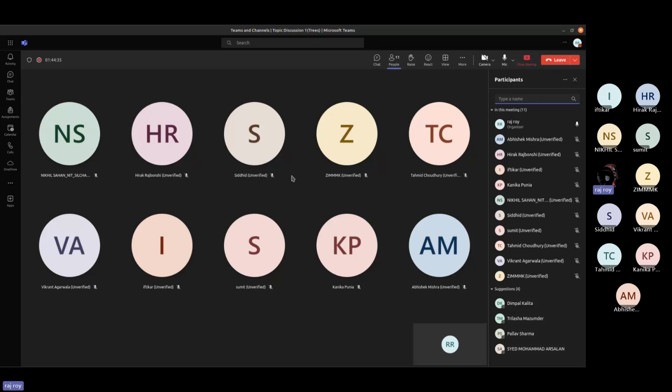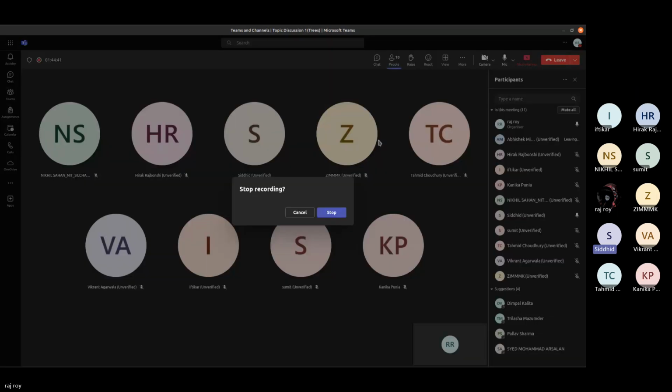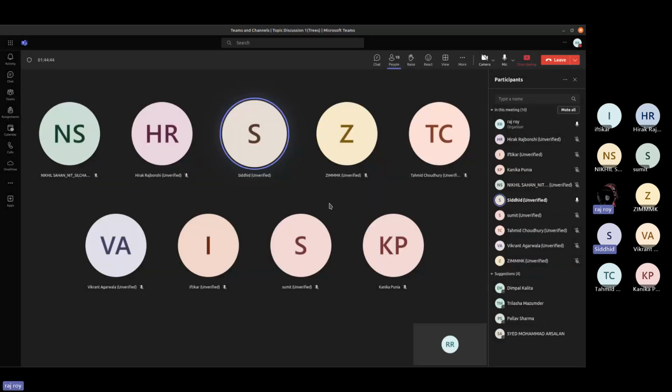एंड कर दे क्या भैया? You can, yeah, recording off कर दो. अच्छा, मैं तो रिकॉर्डिंग करना ही भूल